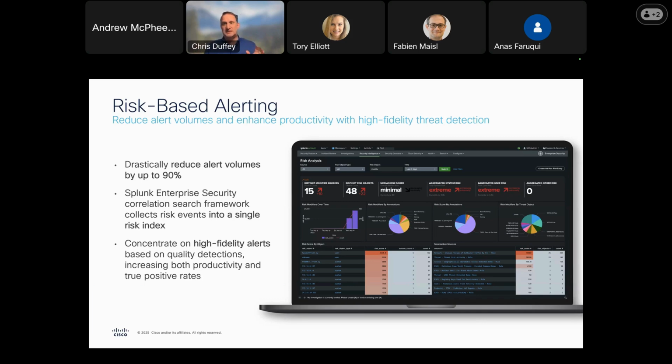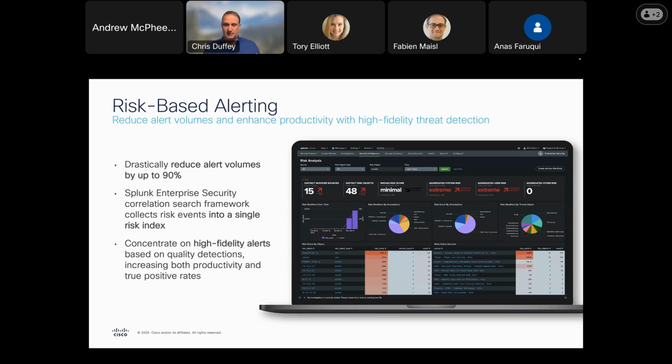And so what risk-based alerting is designed primarily around a few key cases. One is to reduce that alert volume. And I'll explain exactly how it does that, but reducing it so you don't have teams that are overwhelmed, not getting tons of alerts. The second part, besides just reducing the alert volume, is really around making your alerts high fidelity or more actionable. So instead of having to chase a bunch of things that maybe you can or cannot act on, or you're not really sure how they might fit into a bigger picture, risk-based alerting is one of the ways to